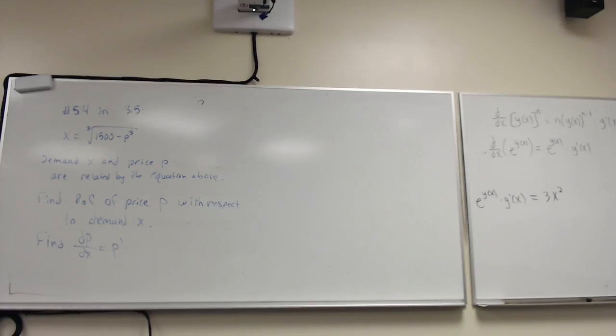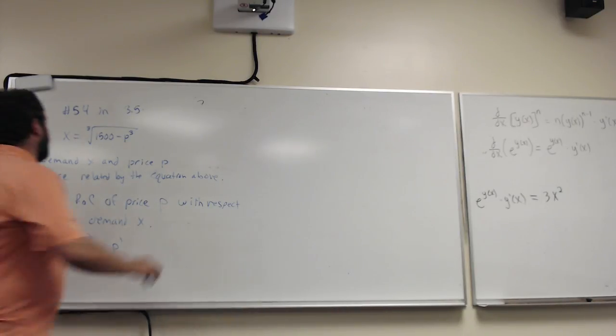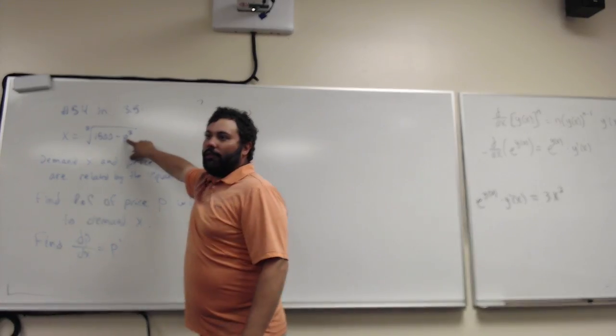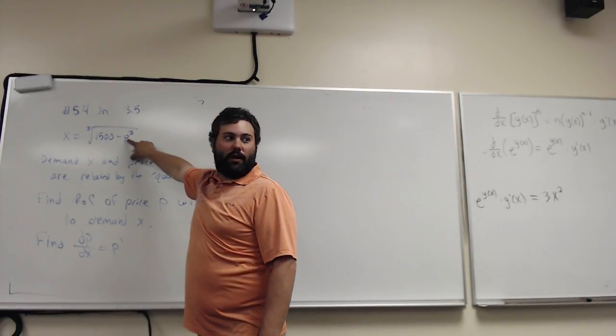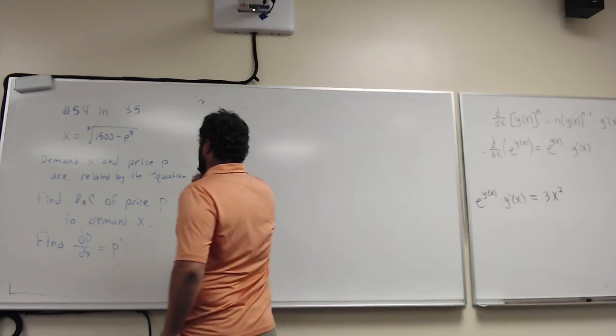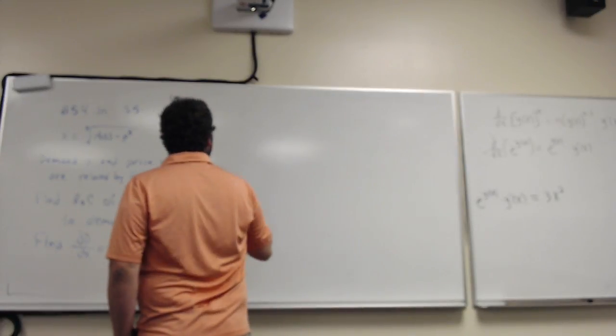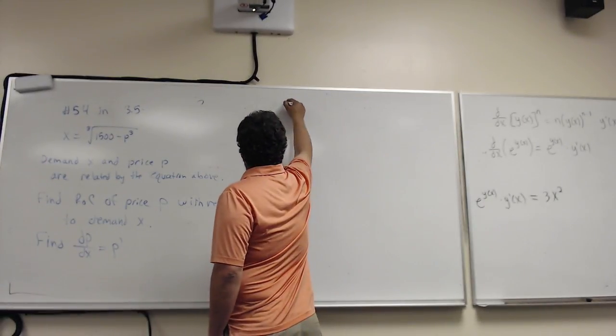Now, I could replace p with p of x like I did before. I'm going to try and do one without switching the notation. Okay. So right, when we see p, we're really thinking p of x. It's a function of x. Okay. So if I want to take the derivative with respect to x on both sides,